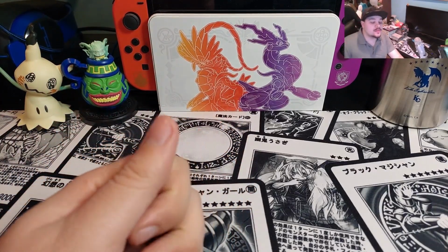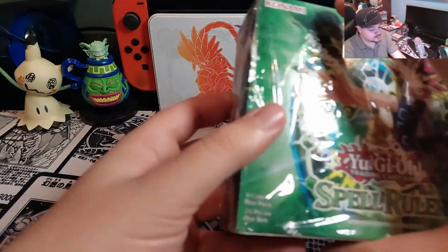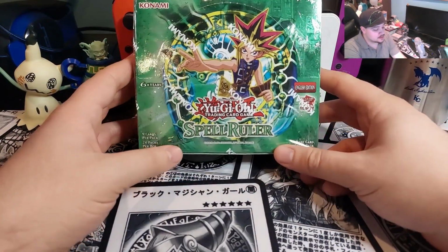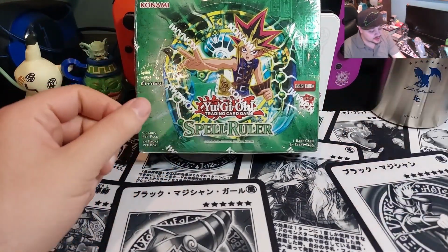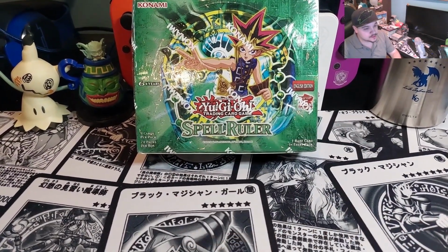Today we are going to be doing something a little unplanned, a little unusual. I was just feeling like I should open cards. I was in the mood for some pack opening, and I decided to go a little nostalgic. And so the oldest thing I could find, the most nostalgic thing I could find, not necessarily in age because it is the 25th anniversary reprint, but it is a Spell Ruler booster box that I had loose in my